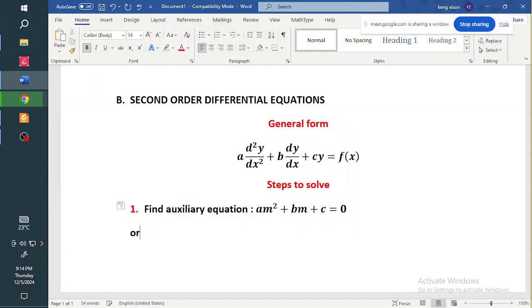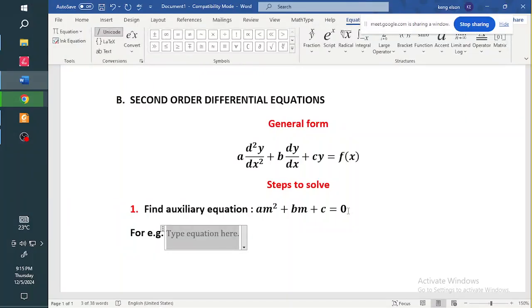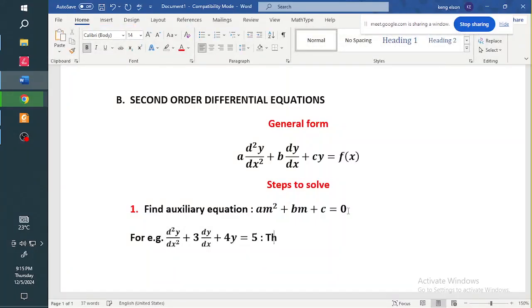For example, let's just take an example of a second order differential equation and bring out the auxiliary equation. So for example, if I give you maybe d squared y by dx squared plus 3 dy by dx plus 4y equal to 5, for example, the auxiliary equation will be given by